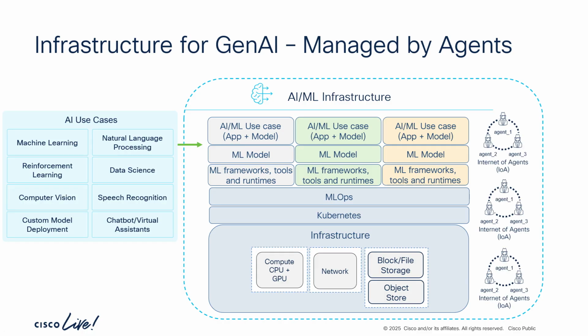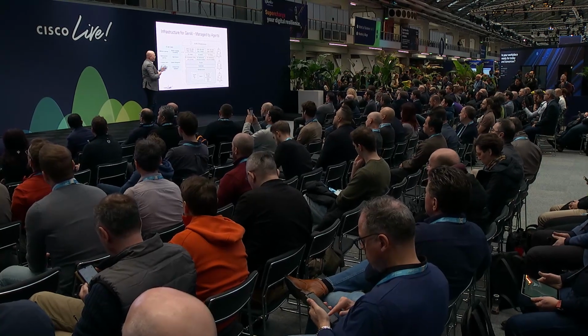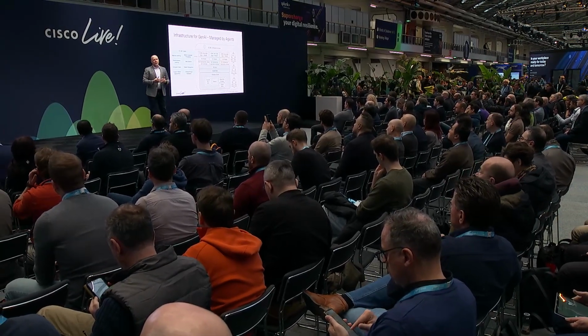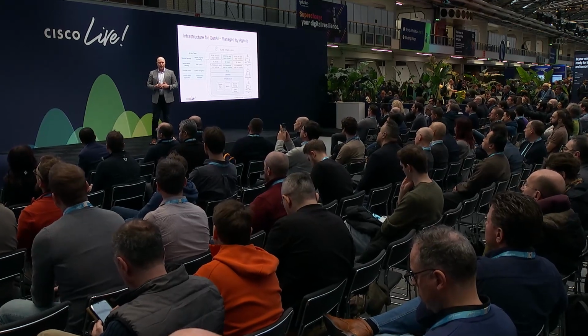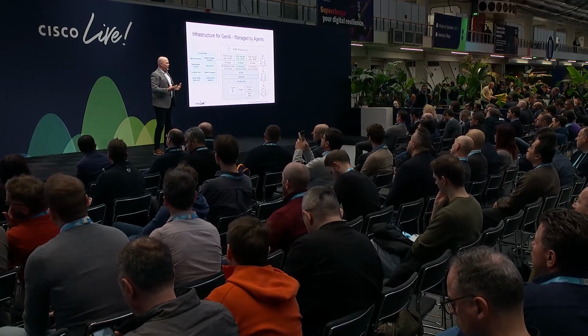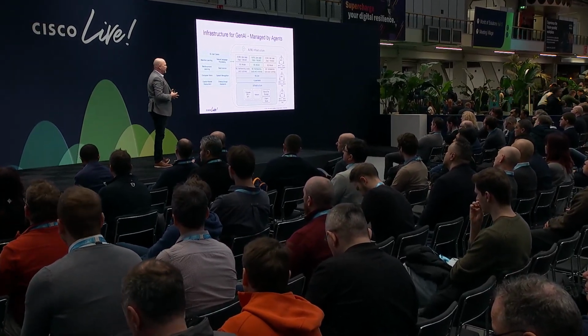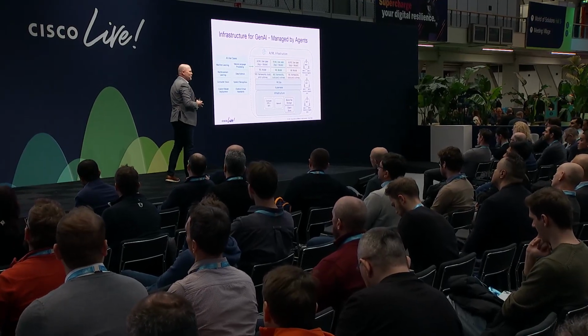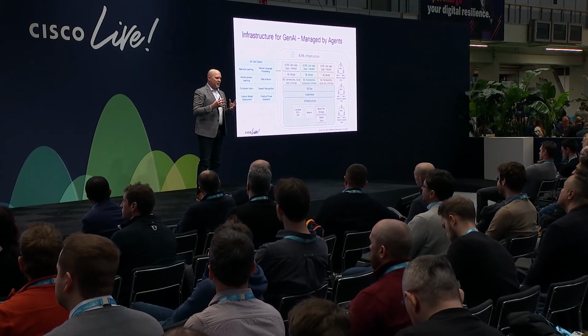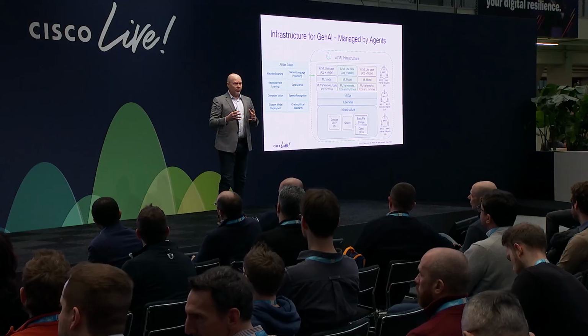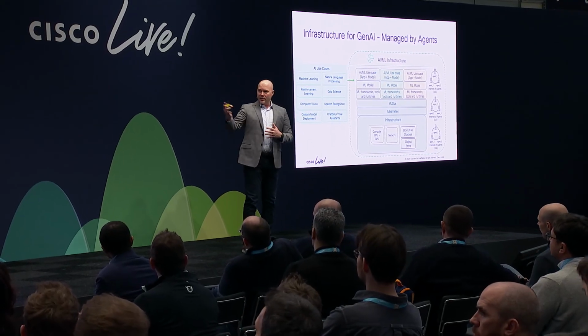Now, the thing that is new on the block here as it relates to all the hotness around GenAI is this thing called agents, right? And as we expand the scale of these agents, where multiple agents are working in unison to accomplish a specific outcome, we call that an internet of agents. And this is a term you're going to get worn out by hearing, because we're going to be talking about it a lot.